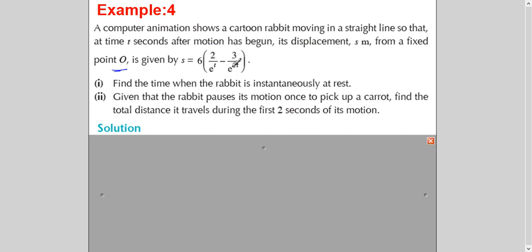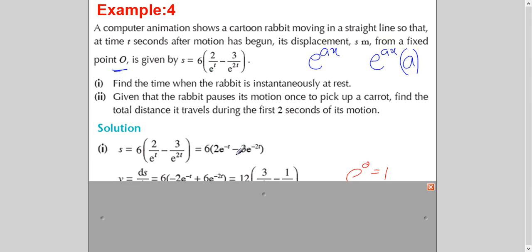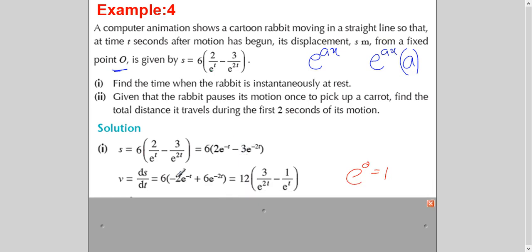And I hope you remember that when you're differentiating an exponential equation, you need to have this in the numerator. You can do u over v, but that is tedious and time consuming here. So it would be easy because we know the differentiation of an exponential function is exactly the same, multiplied by the differentiation of the power. It's easy. So if I take it up, it is e power minus t. This is e power minus 2t. And after that, differentiation is simple. You differentiate it, you can see here as it is. Multiply by minus as it is, divided by 2.